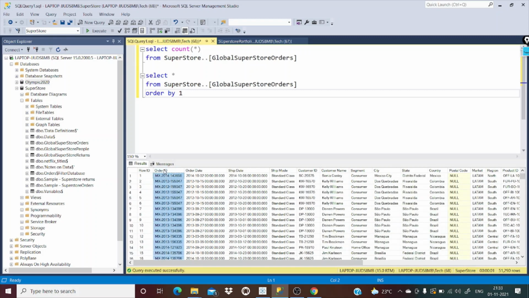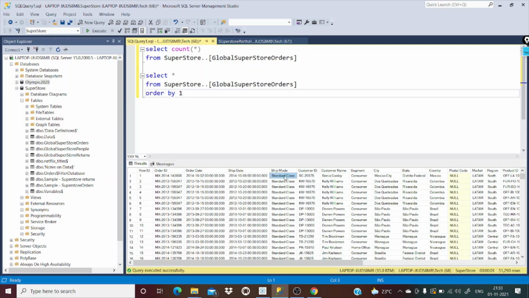And then next one is order ID. Since this is the orders table, we will be having an order ID for each order when the customer places the orders into this global superstore. And then the order date and then ship date. Here there is one condition, which is order date should always be less than ship date. You cannot ship the product unless it is being ordered. So this condition we have to check.